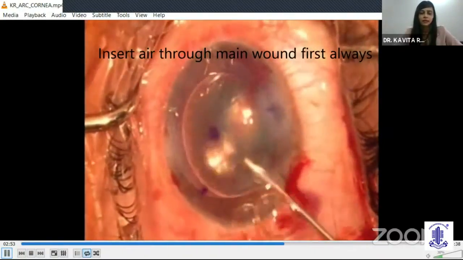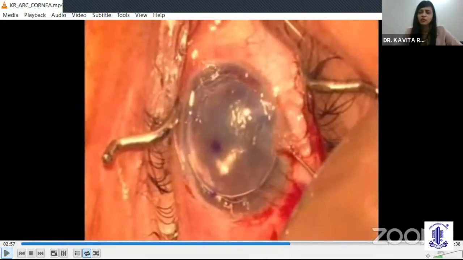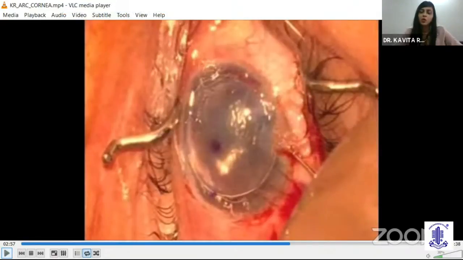Another tip I'd like to give is that the air injection initially is only through the main wound, so that you insert the cannula, go below the disc and inject the air, because sometimes if the view is not very good, you may end up injecting air into the interface, and you may not even realize it till you see the patient next day, or once you've removed the air, and then you realize that it just unnecessarily adds to the steps and compromises the endothelium. You can now go ahead with a 30 gauge needle, either with a side port, you can just make a fresh entry and then inject the remaining air.